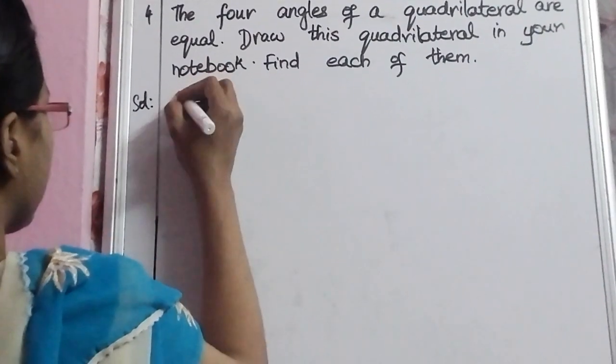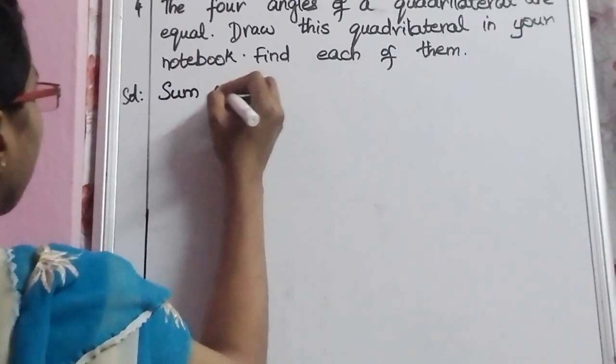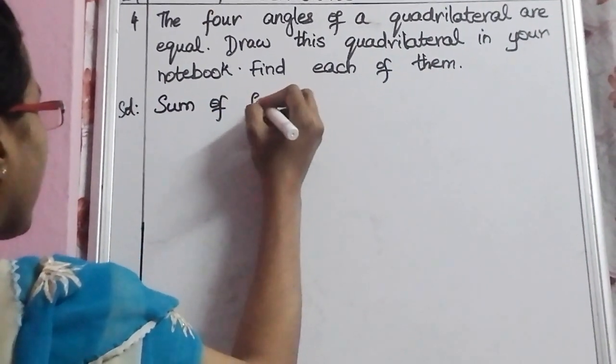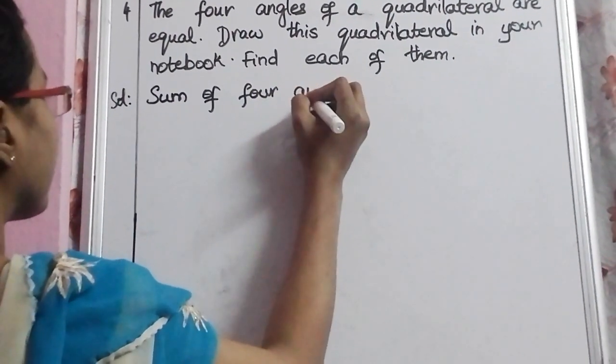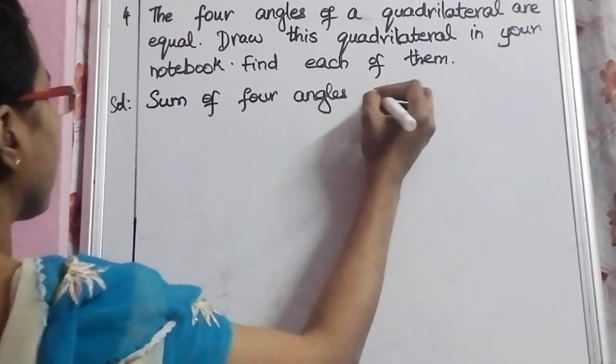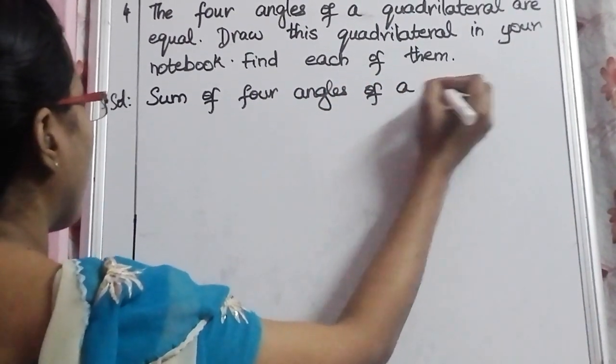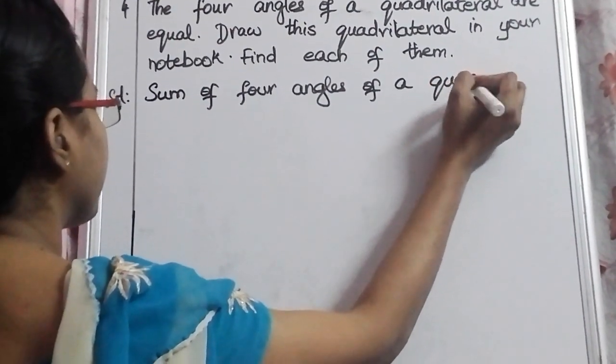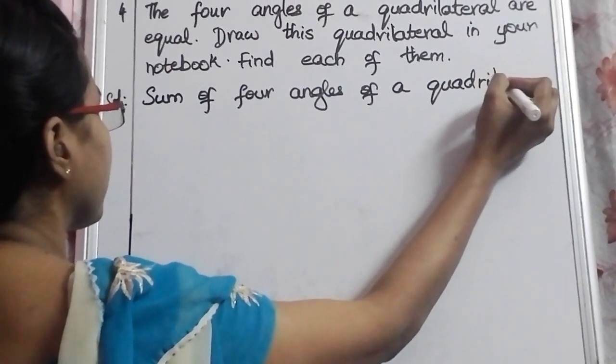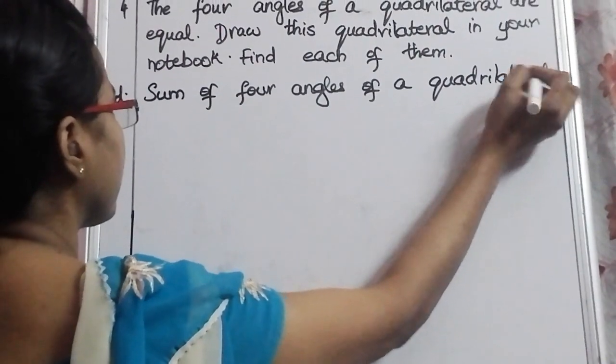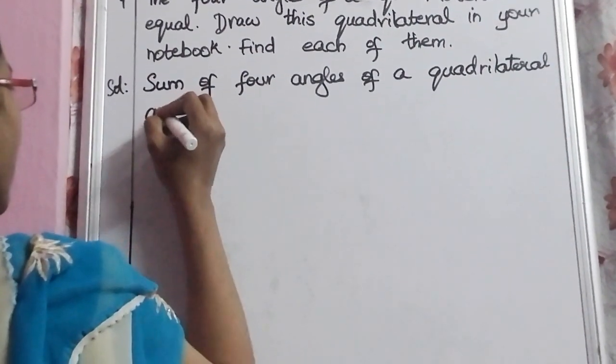So now let us write sum of 4 angles of a quadrilateral are